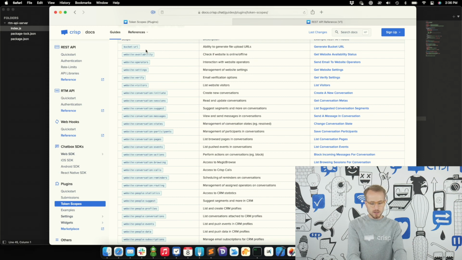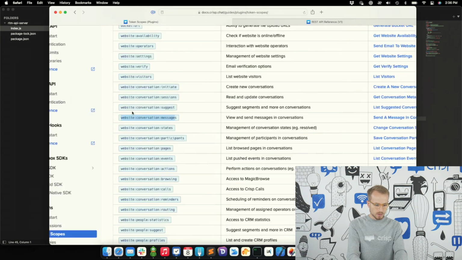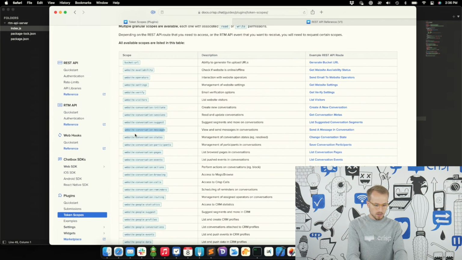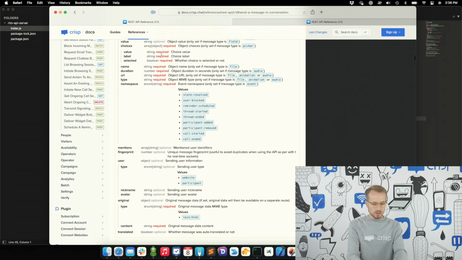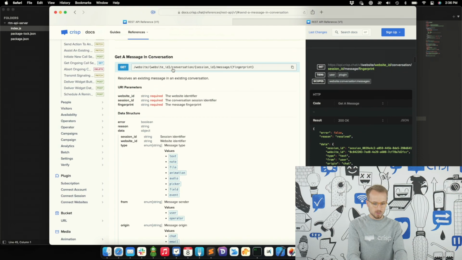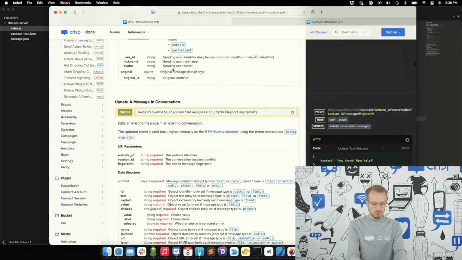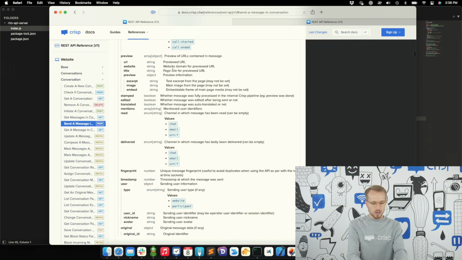So each scope is associated with a REST API route, but as well with the associated RTM API events. So if I want to receive messages, for instance, in a conversation, I will need this scope, website, conversation, messages. So this scope is associated with the send a message in conversation route. But as well, it is associated with get a message in conversation, update message in conversation. So each scope actually can be associated with multiple resources on the REST API, and as well multiple events on